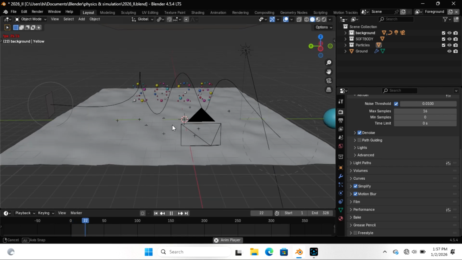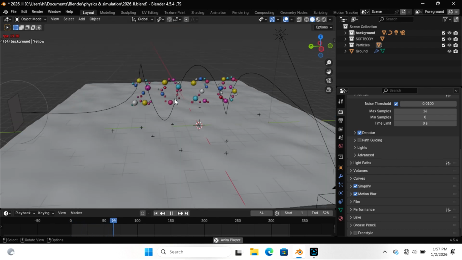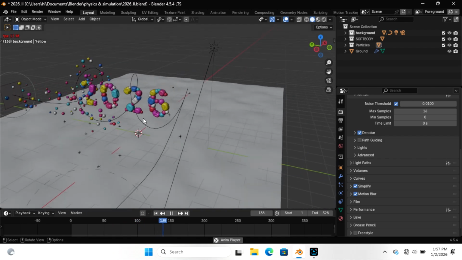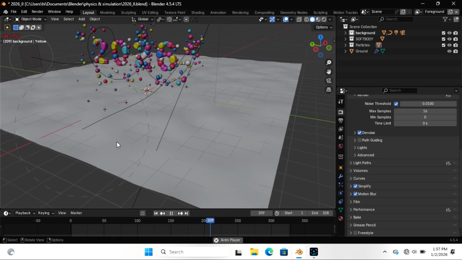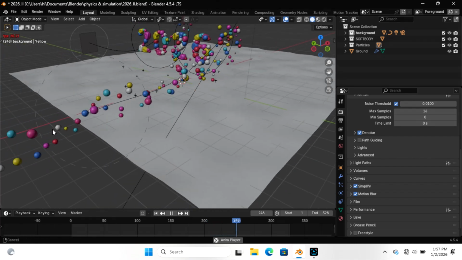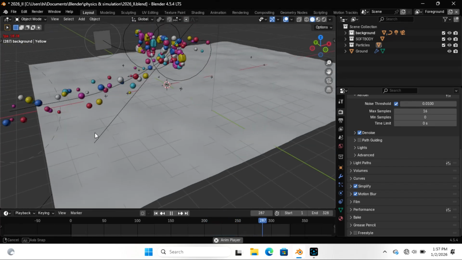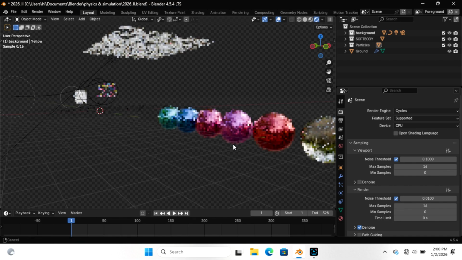So if you check it right here, you see that the simulation will start. I made sure that it started after this 2026 has already inflated. Basically this is how the particle went around it using a curve guide. So that's the force field, a curve guide. So once your ball is out, so basically these are the